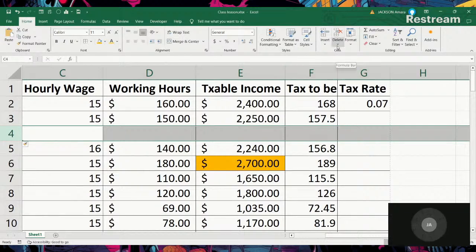And again, we can also delete it by going back to the ribbon under the cell group and then we press delete, delete sheet row. Delete sheet row. Don't click on delete cell. Remember